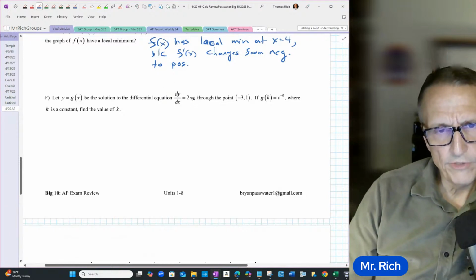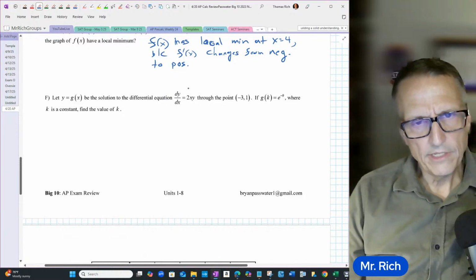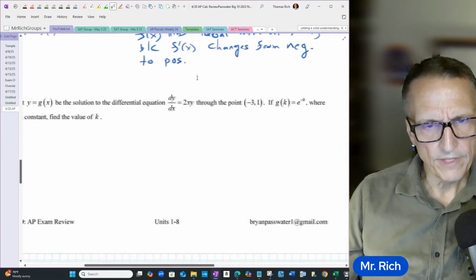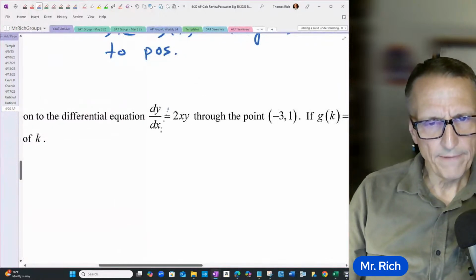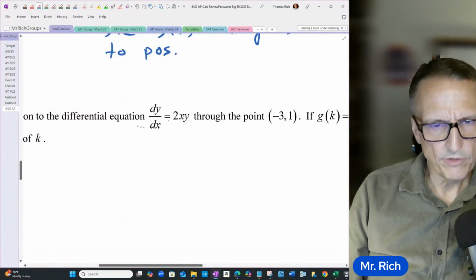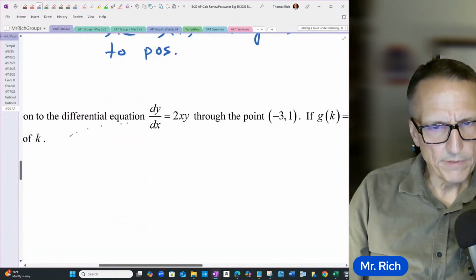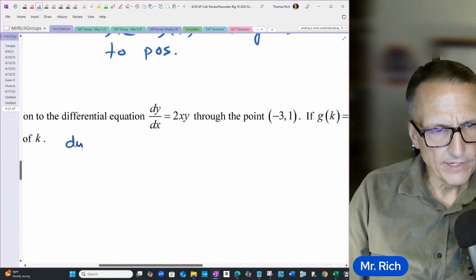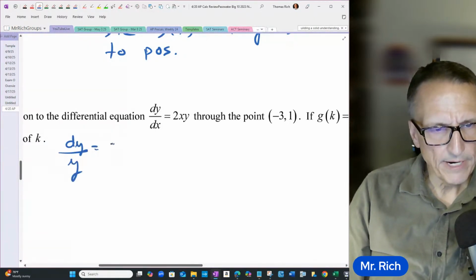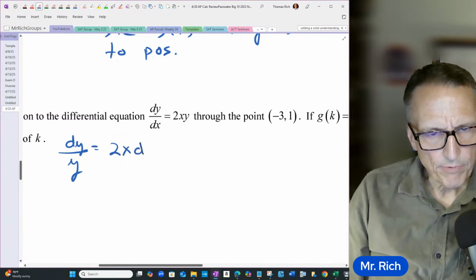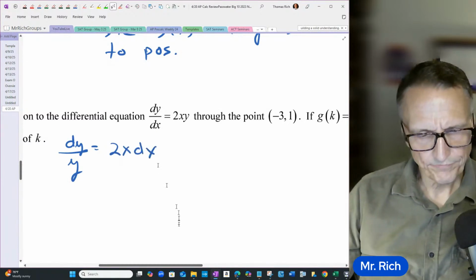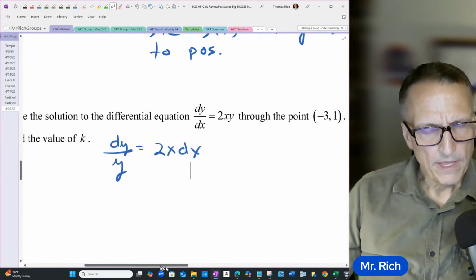So what I'm going to do is get the y that's in this differential equation over to the left with the dy, and I want the dx to be over with the 2x. So this is going to be dividing by y on both sides and multiplying both sides by dx. I separate the variables like this. And then, as you learned